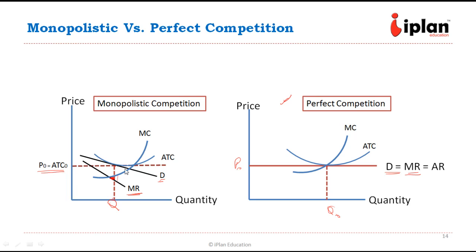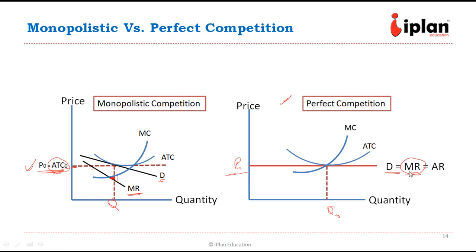So the difference is the price is higher than the marginal revenue, much higher, and it is equal to the average total cost at this point in time. So that is the basic difference. Here the price is equal to average total cost. This is what a company targets, while in the case of perfect competition, the price is just equal to the marginal revenue. So every extra product we are producing in perfect competition,